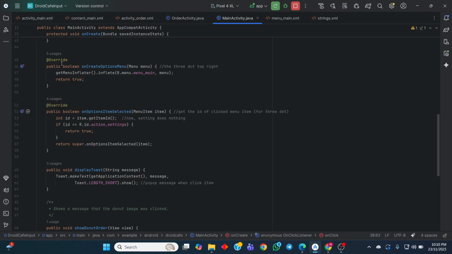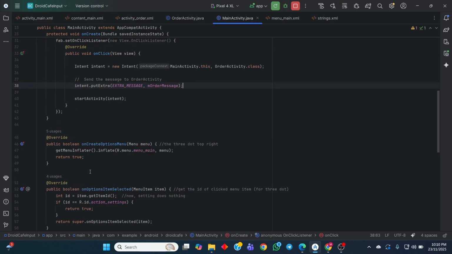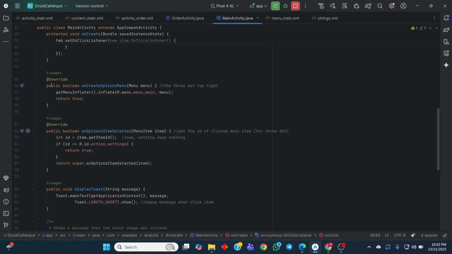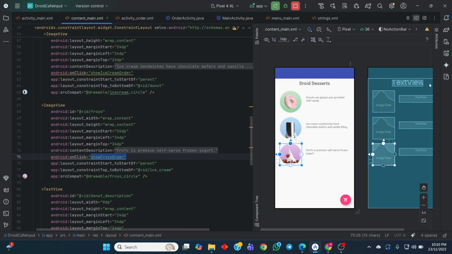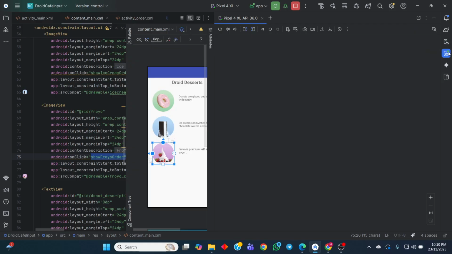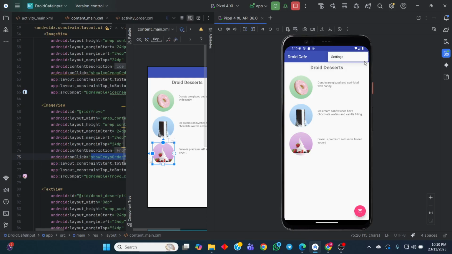So next one, let's see this option or the method. The first method is the onCreateOptionsMenu, which is from the context menu. This is the toolbar. So if we show the app, this is the toolbar. So it will display the item in this toolbar.